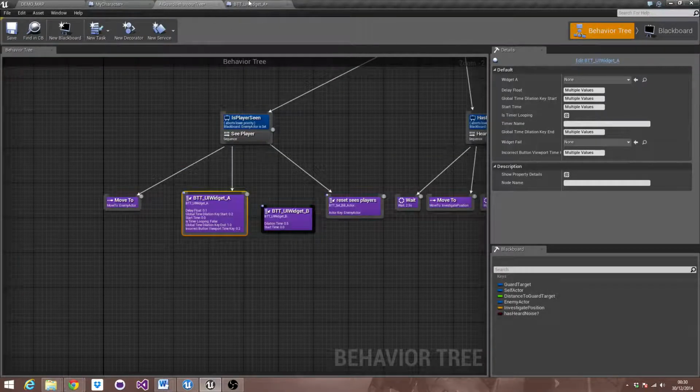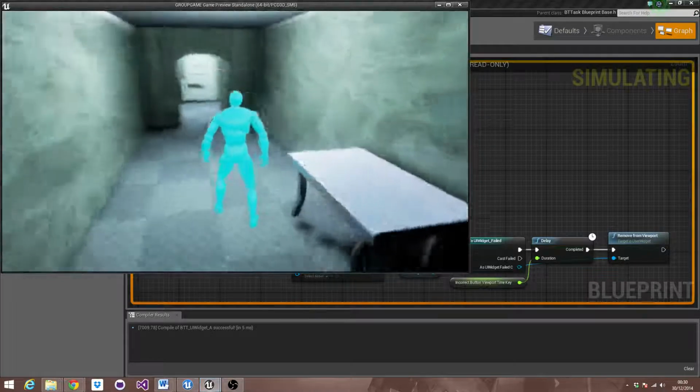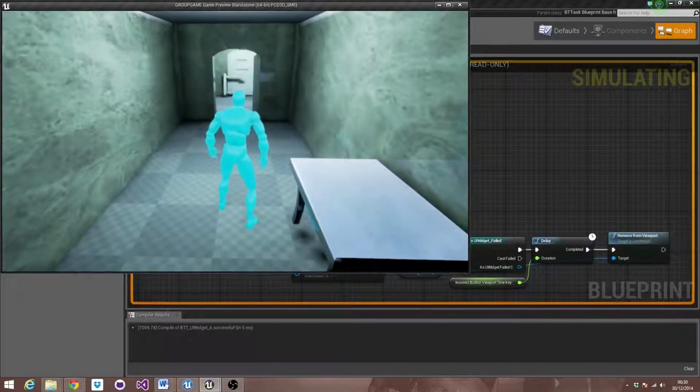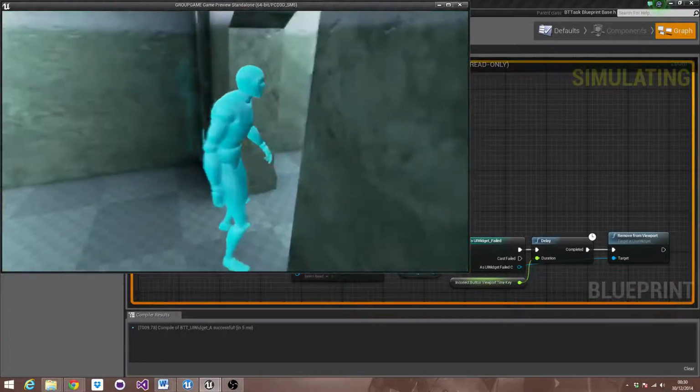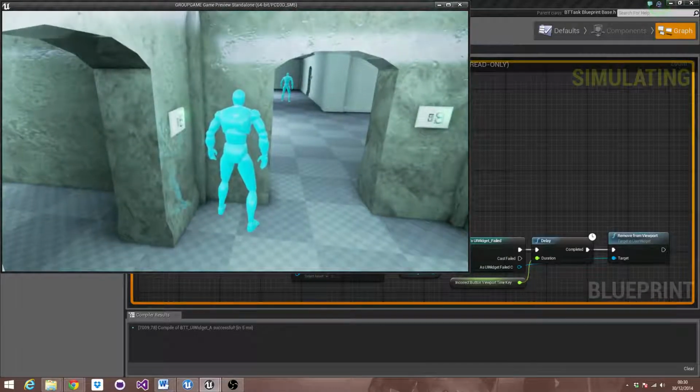Yeah, so with that, I'll just show you what happens in the game. I'm going to apologise in advance because this whistle is rather high pitched when I was recording it. But if I whistle to get the guard's attention,